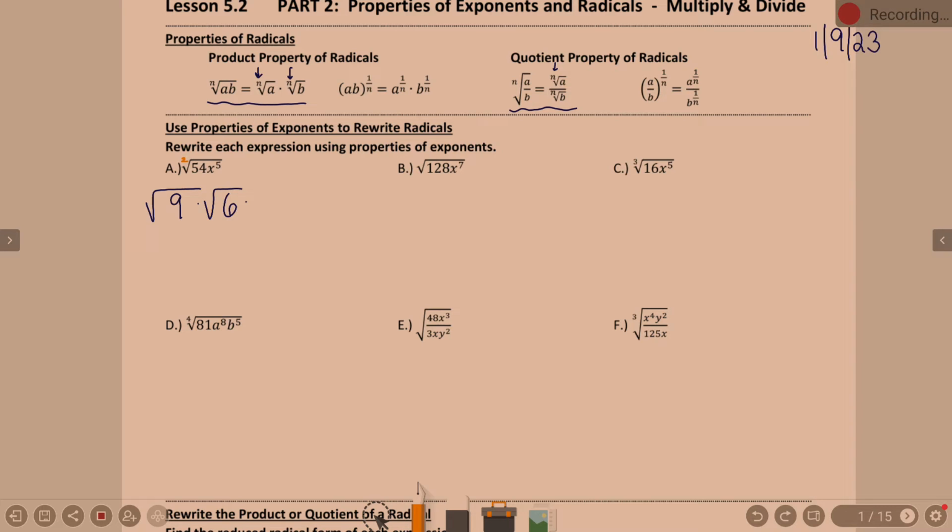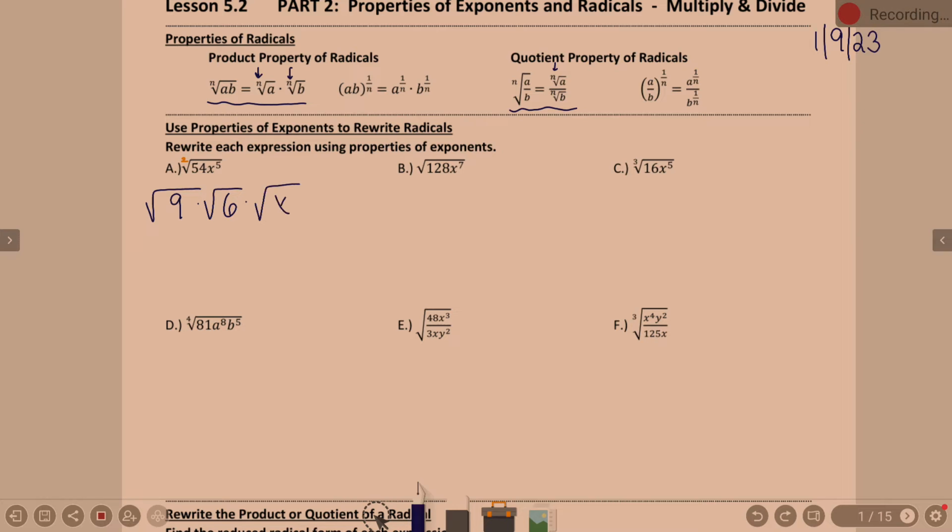If you think back to exponents last week, how did we take a square root? We took the exponent and made it the numerator, with the denominator 2, divided by 2, right? So the idea here, you take 5, you make the denominator 2, but does 5 divide by 2? No. So, kind of like we broke 54 up, we're breaking up x to the 5th. 5 does not divide by 2, correct? What is the closest number below 5 that divides by 2? 4. So I'm going to break this up